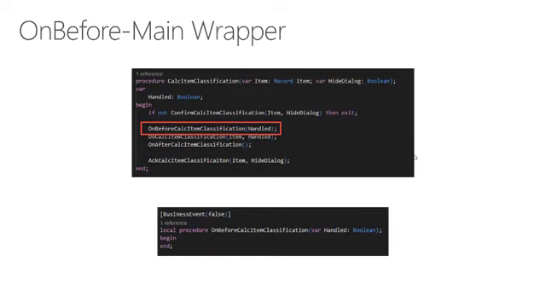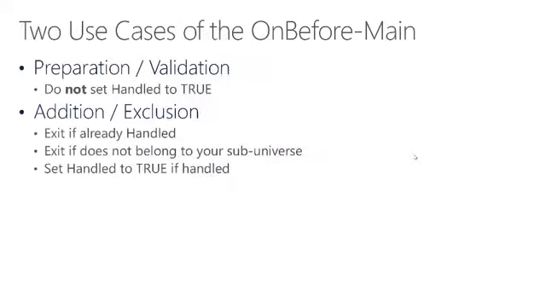If they didn't pay for the subscription, you set handled to true, and then it doesn't execute any logic, something like that. The on before main wrapper, in this case implemented by the on before calc item classification event, is the extension for that function. And in there, the use case for the on before main is a preparation or a validation, in which case you would not set handled to true,